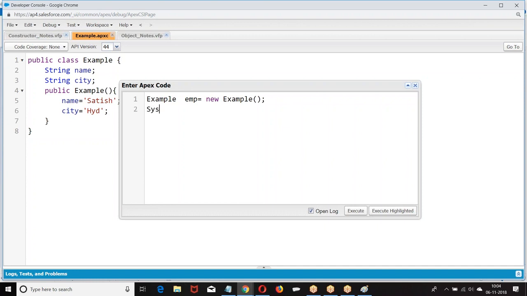Now, if I say system.debug emp.name, what does it mean? Refer to the location of emp. Refer to the object of emp, then get the value from that emp.